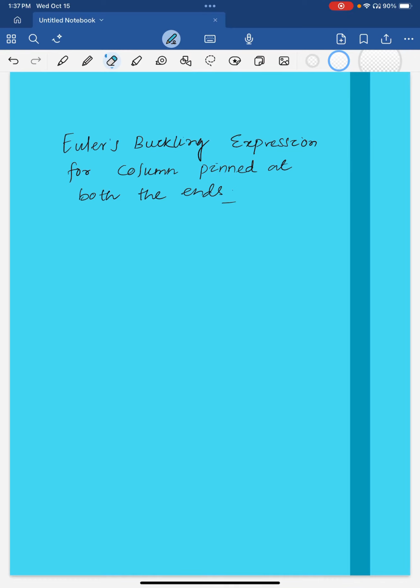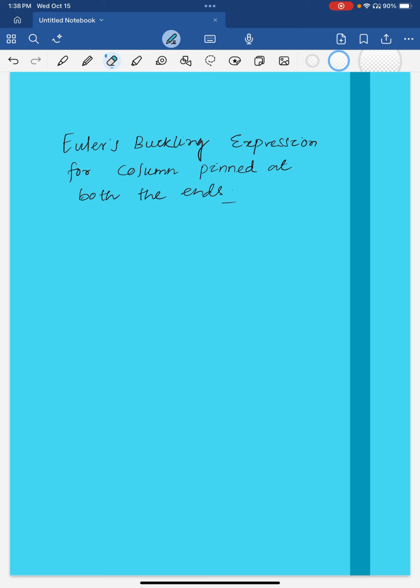And today I'm going to derive an expression for the Euler buckling for a column when the two ends are pinned. So we have different boundary conditions, but in this video, I will explain just the pinned condition, and stay tuned because in my other videos I will derive the expression for other boundary